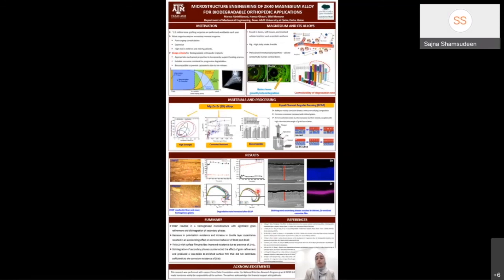Now, electrochemical results, on the other hand, showed interesting degradation rates, where it was found that the polarization resistance and the double layer capacitance both resulted in an increased degradation rate after ECAP. Now, this is different to what we expected, and that led us to look into the